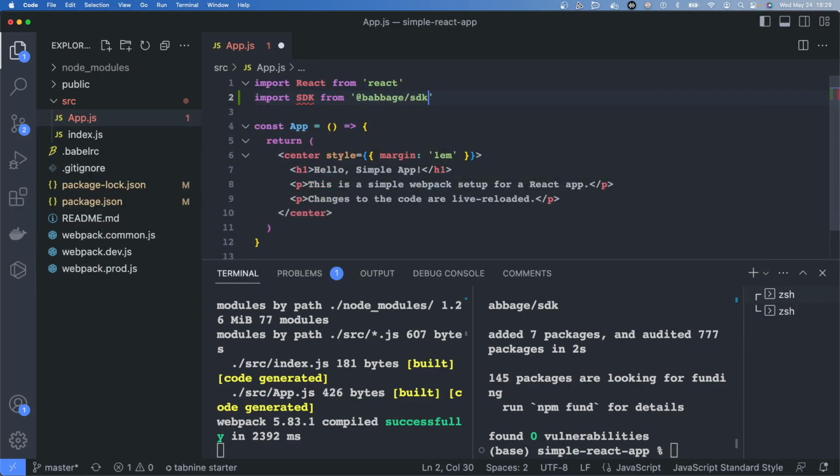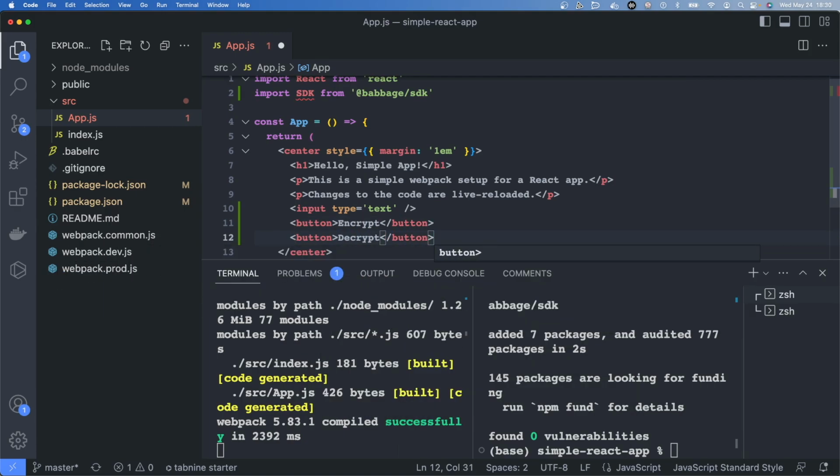With the SDK imported, now let's think a little bit about what kind of app we want to create here. I think we're going to want a text field where a user can type something, and then we'll want two buttons, one to encrypt some data and one to decrypt. Let's build out the basic components that we're going to use for this app. Now we'll delete some of this placeholder code that was in here to begin with,